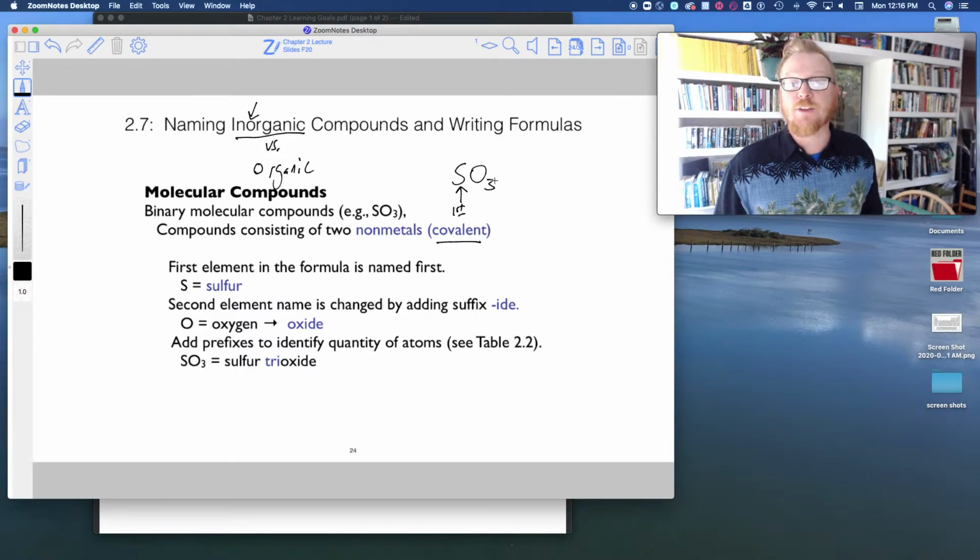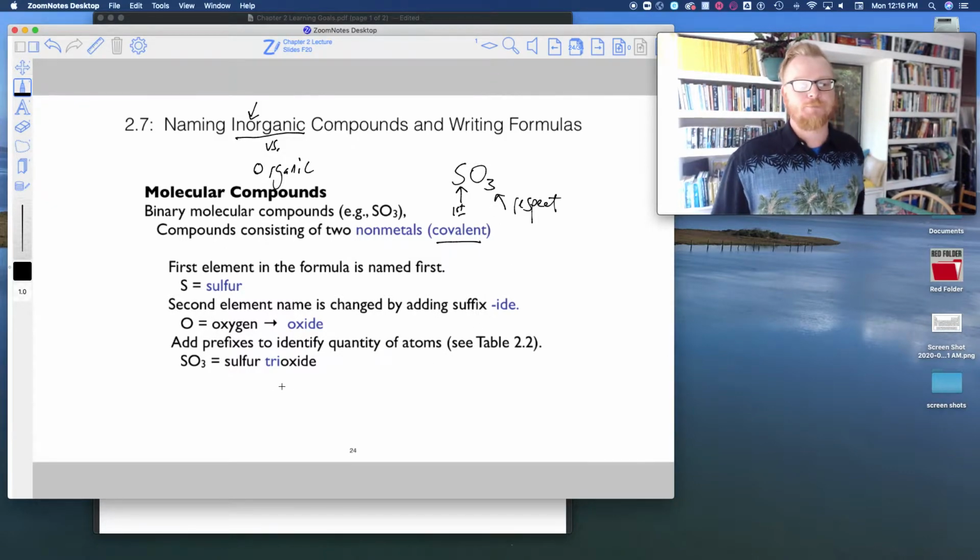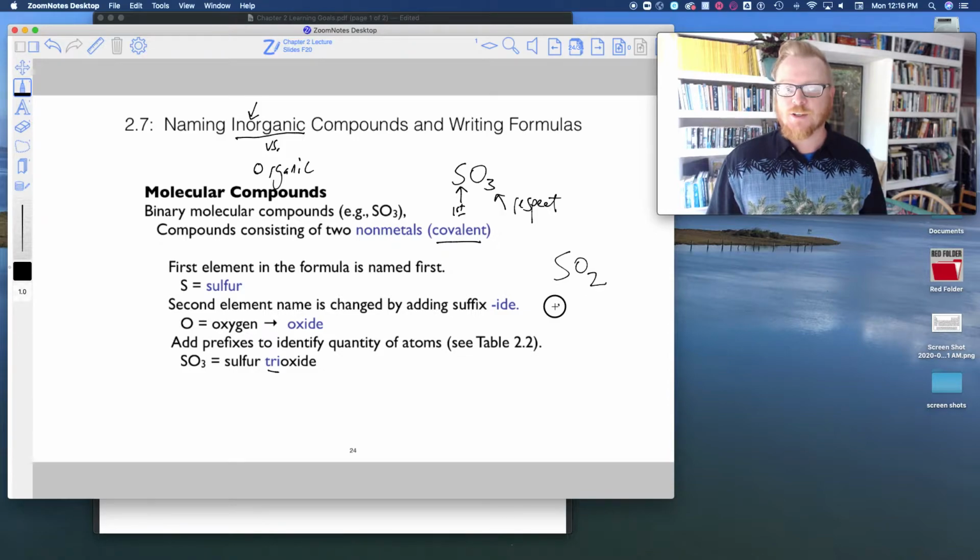And then now we have to look at the quantity. Remember, respect the subscript. We look at the quantity right there, and we use prefixes to identify how many of those atoms are present. So 3 means tri, so it's sulfur trioxide. What if I had this one? Well, sulfur, and it's oxide, there's a 2 right there. 2 is di. So this would be